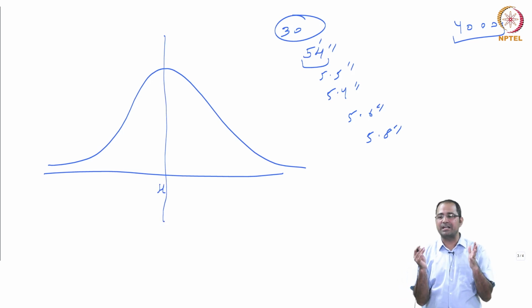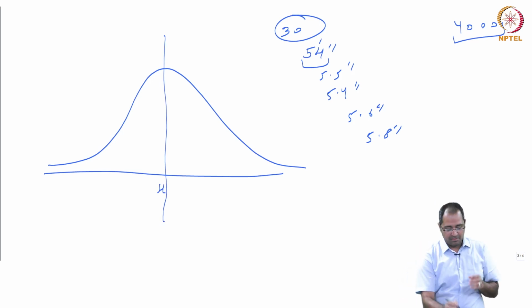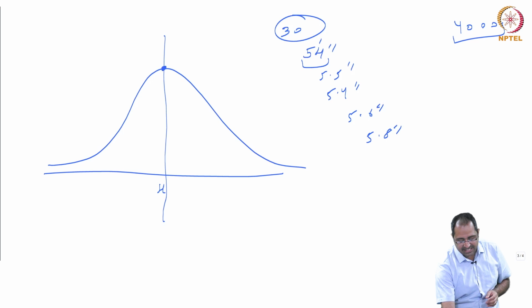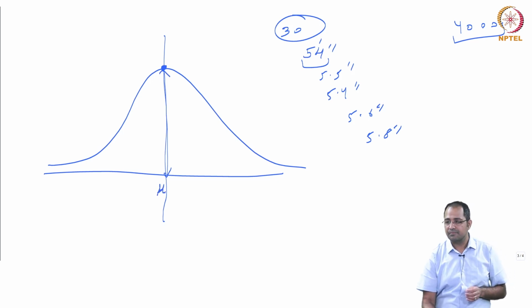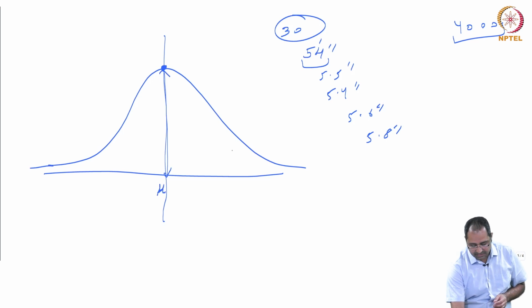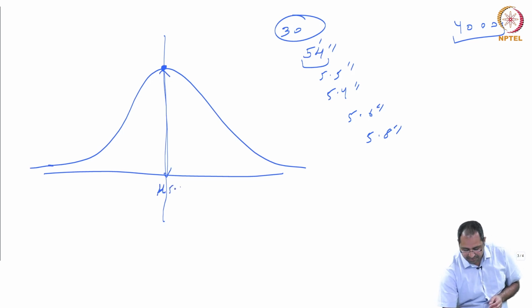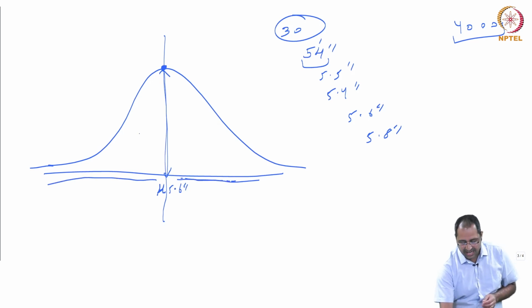Most of the samples would be here, so this is the frequency. Most of the samples would have this mean, which is the population mean. And then, let's say this is 5.6, some samples I will get greater than, some samples I will get less than,